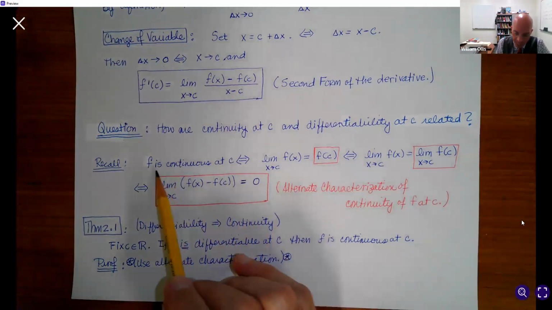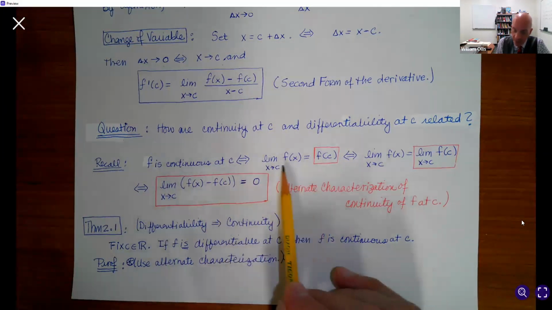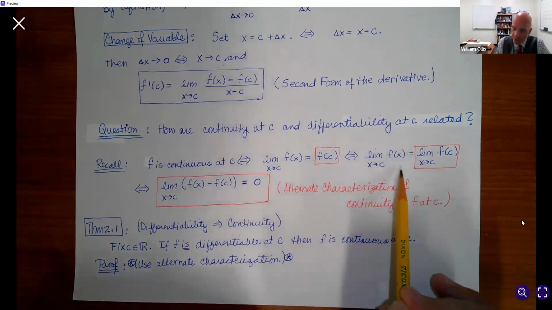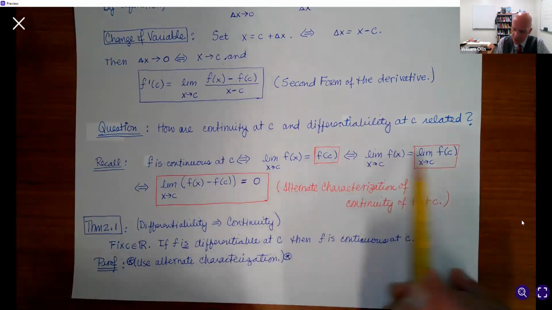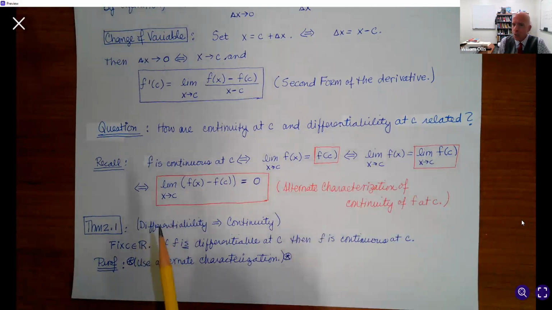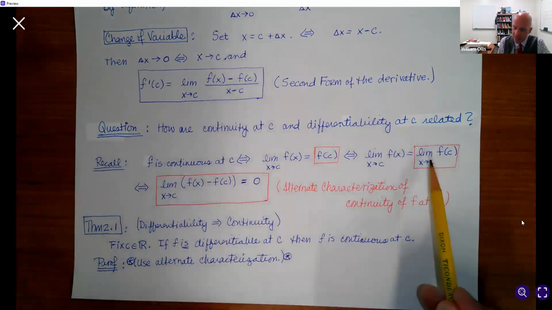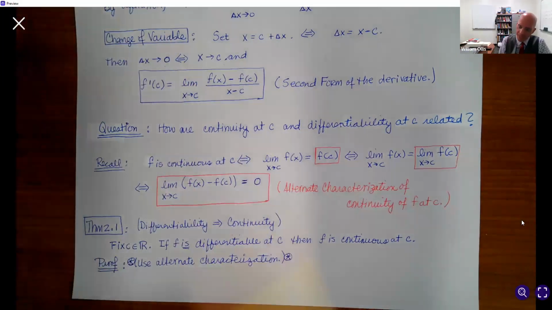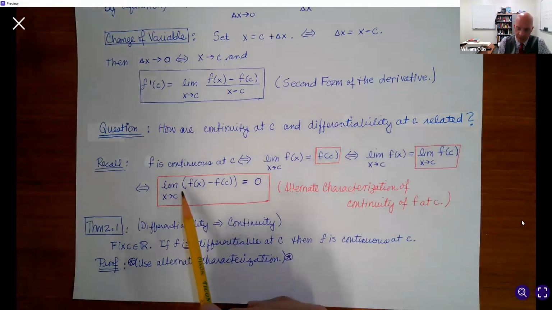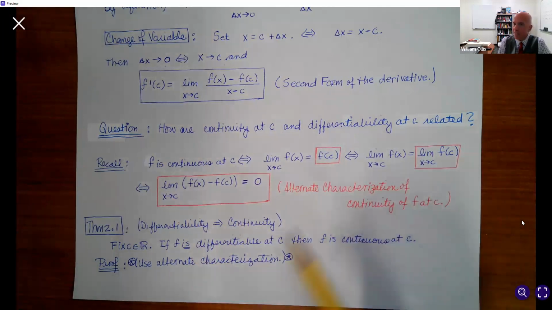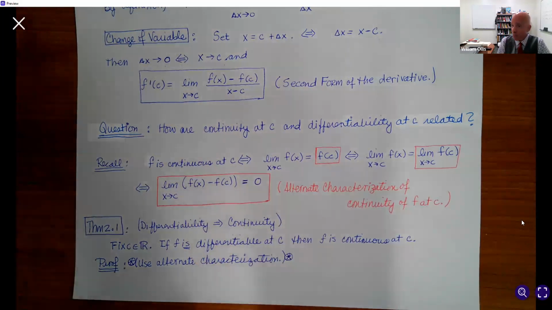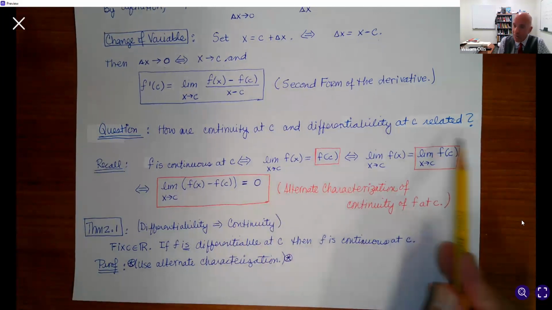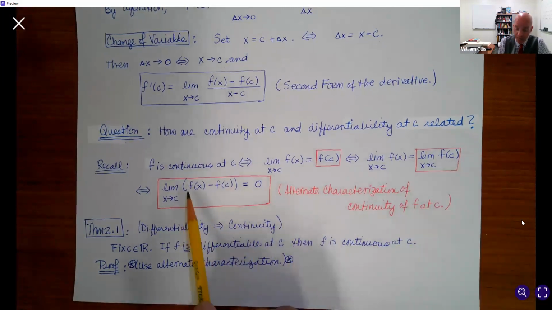So if we remember, f is continuous at c if and only if the limit of f as x approaches c is just f of c. So we're thinking, let's do some smoke and mirrors here. We know the limit of a constant is that constant, so let's apply the limiting process and move this limit to the left side. Then, if we think of the difference of limits as being the limit of the difference using the limit properties, we can write this. By transposing, we have a 0 left, and then we combine the difference of limits as the